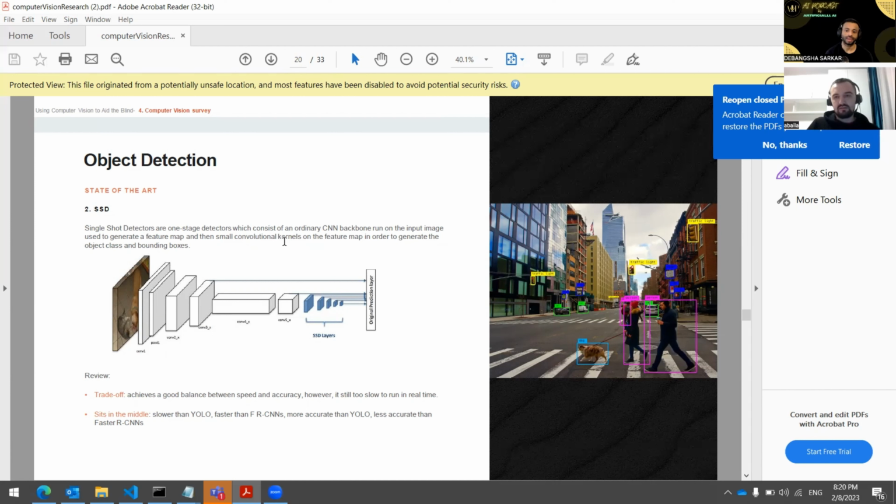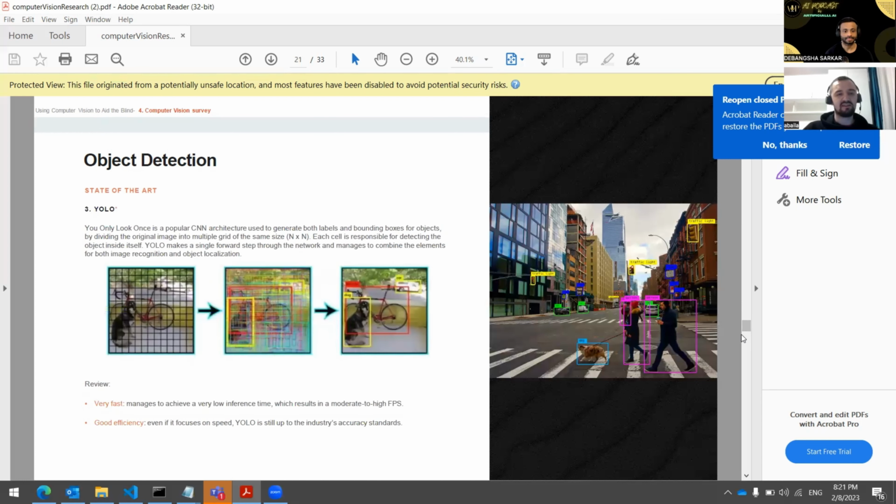And probably you want to do that on the edge device as well, right? If possible. Yeah, which exactly means you have to do really fast computation. Exactly. So what I'm trying to say is that maybe, as you mentioned, if you do it on edge devices, this is not maybe a good idea. And also it sits in the middle. It is slower than YOLO, which we're going to talk about in a second, but it's faster than RCNNs. It is more accurate than YOLO, but less accurate than faster RCNNs. So it's really in the middle. It's, let's say, nobody's algorithm. So yeah.